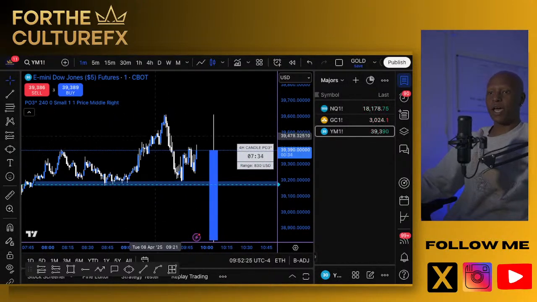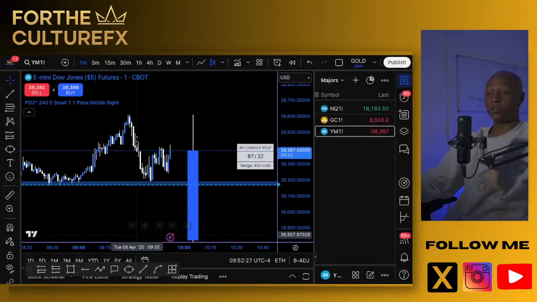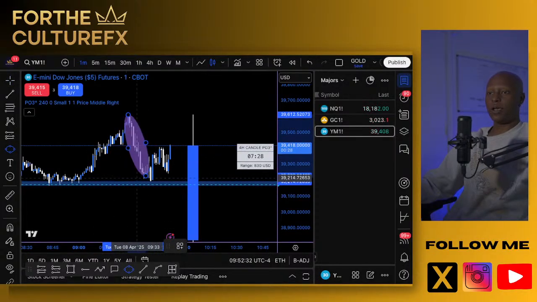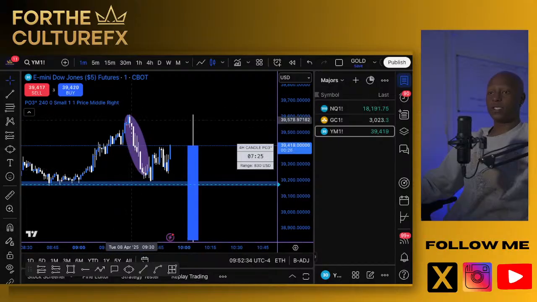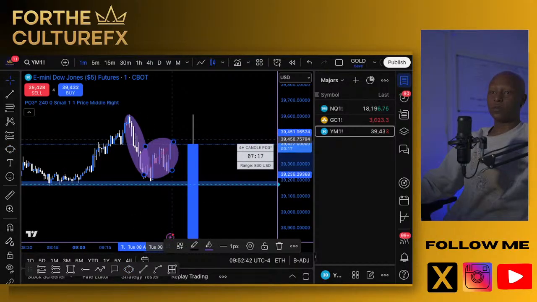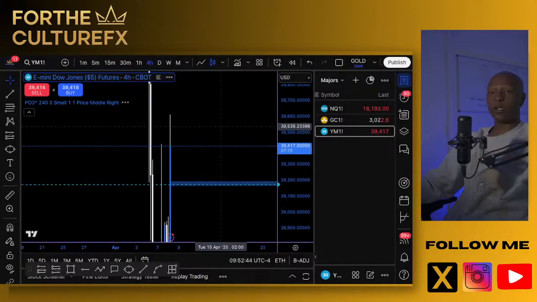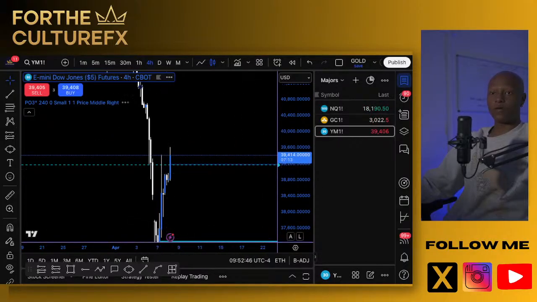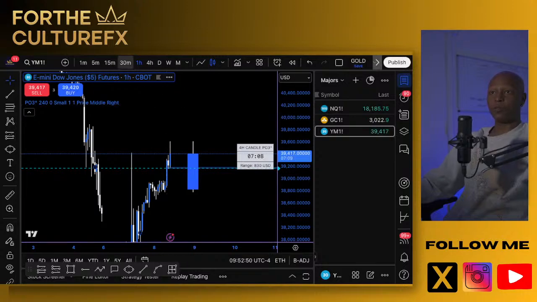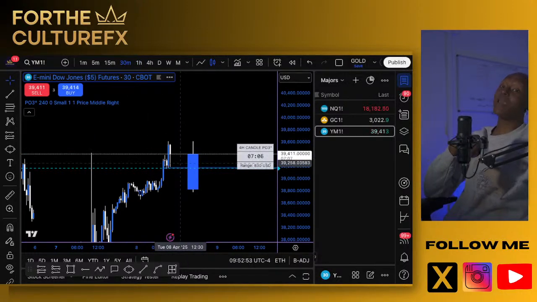Now, what do we see happen in terms of the volume currently on the smaller time frame? We have an impulsive move here. Why is this an impulsive move? Because it is a high volume move to the downside that wiped out all this volume here. And now what appears to be a possible corrective structure. Possible. Now, overall market structure is bullish. The 4-hour time frame is in fact going to close bullish here in the next 7 minutes. The 1-hour time frame is bullish. The 30-minute is bearish.